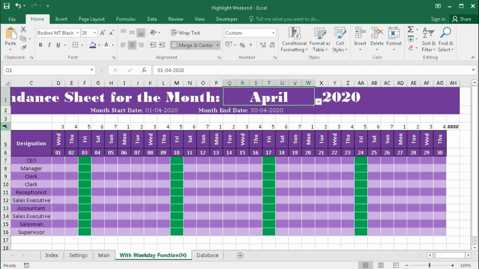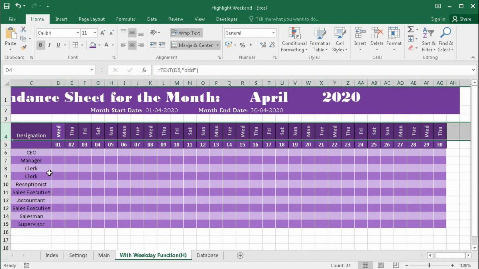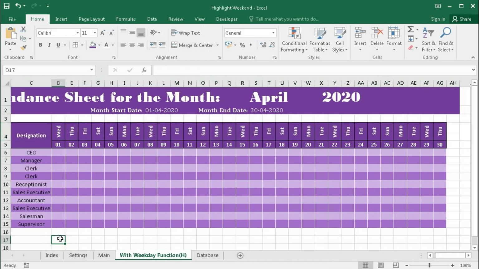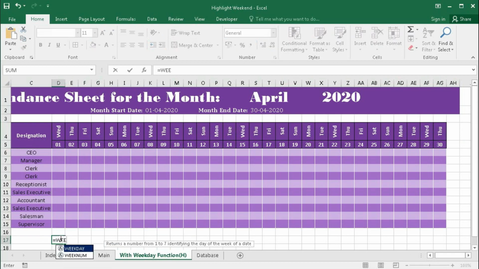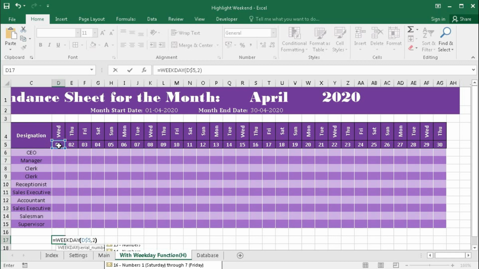If we don't want to use this helper row, then delete this and we will work without the help of a helper row. For that, first we need to check the formula. Equal to weekday, select this serial number, then press F4 to lock the row, comma, serial number 2, bracket close, greater than 5.